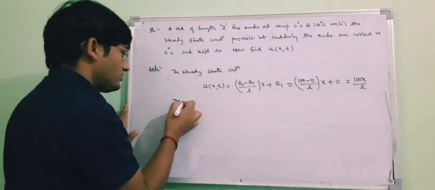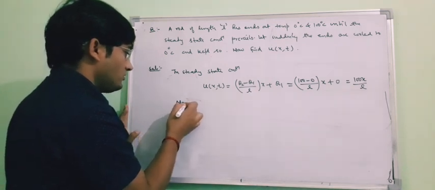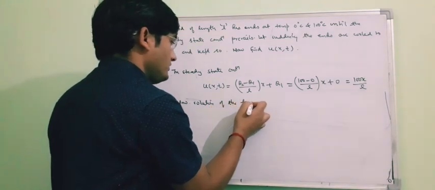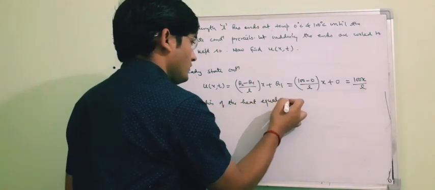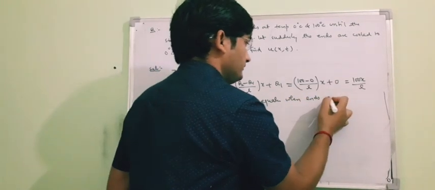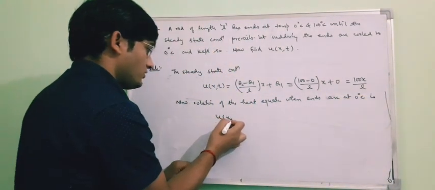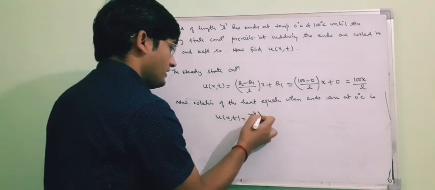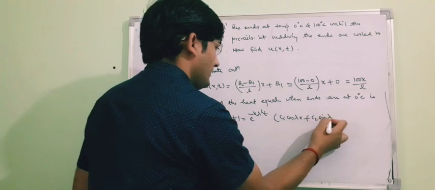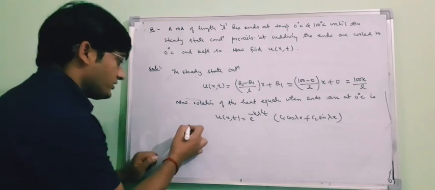So in the transient state, the solution of the heat equation when the ends are at 0 degree centigrade is u(x,t) equal to e to the power minus k lambda square t into (c1 cos lambda x plus c2 sin lambda x). So here you can see that the boundary conditions are